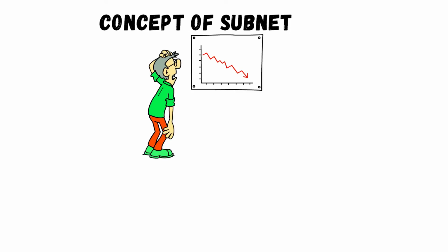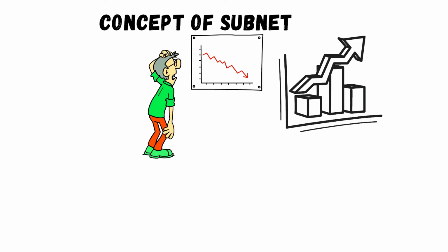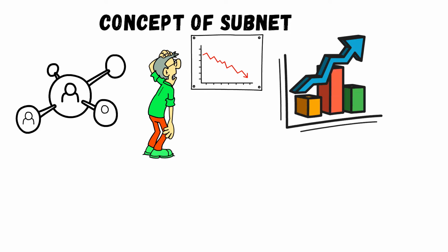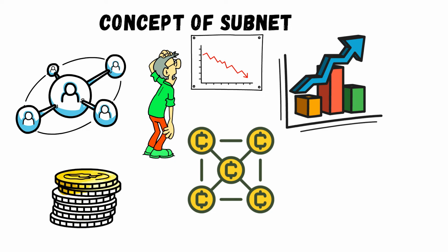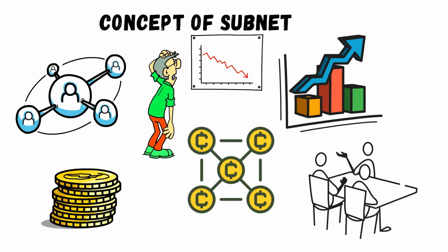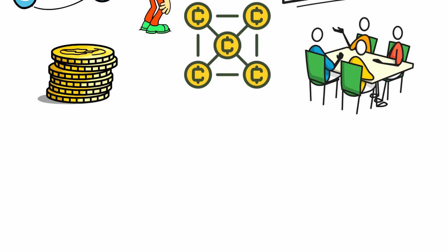Concept of subnet. While most ecosystems like Solana have failed miserably in achieving scalability, DAG and subnet allows Avalanche to scale without being congested. A subnet is a new network in the Avalanche ecosystem, and each subnet can have multiple blockchains. The creators who want to create new chains stake their Avalanche coins and get permission to create their own blockchain. Validators then secure this blockchain by reaching a consensus.